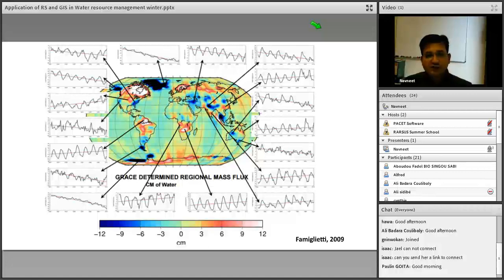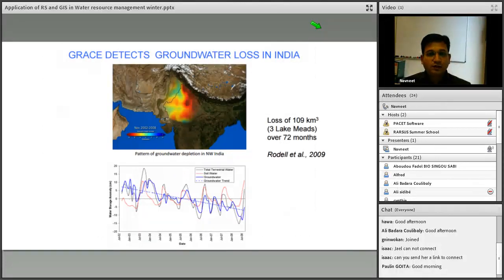Then you see that using this GRACE mission, the different groundwater regional mass flow was estimated for different parts of the world. You see that the groundwater loss was estimated in the northwestern part of India. We saw that within 6 years, there is a loss of 109 cubic kilometers of water from the aquifers of this region, showing an alarming situation for the decision makers to act on this issue,